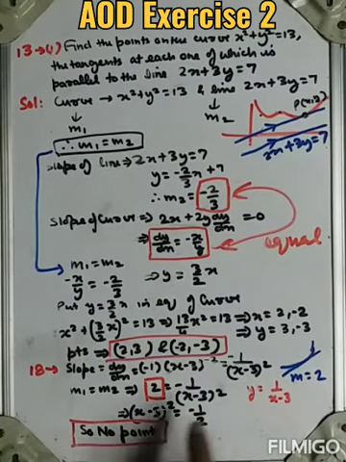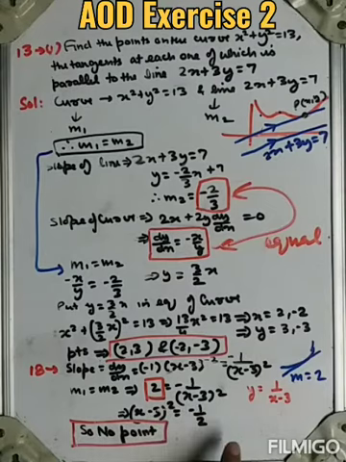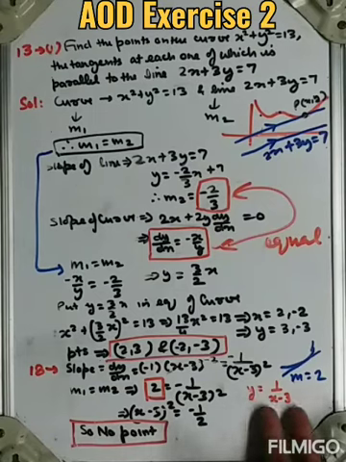and this is not possible because a squared value is never negative, because the square of any value should always be positive. So no such point exists. If the point had existed, you would have taken out the value of x, put the value of x here, and got the value of y. The coordinates you would be getting.